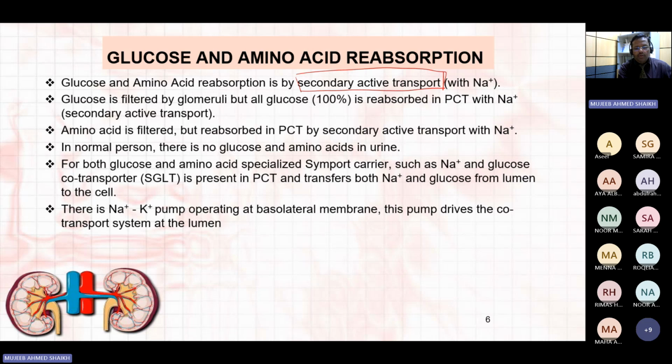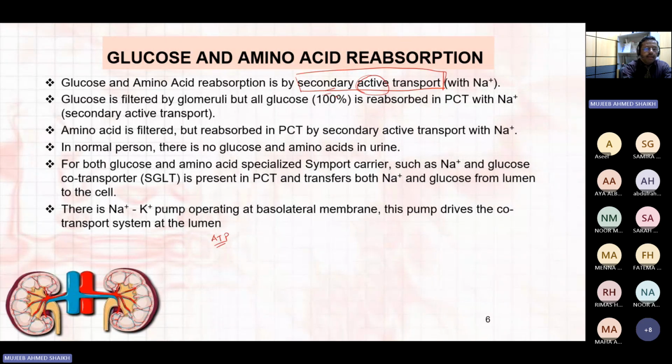Secondary active transport, what does it mean? Active transport, so it needs ATP. Secondary because it enters with the sodium. Okay, good. So it is a transport mechanism where a substance is reabsorbed because of the utilization of energy. ATP is utilized, but secondary because it is not utilized at the same place. Maybe it is utilized at some other place, and because of that, there is a movement of glucose or amino